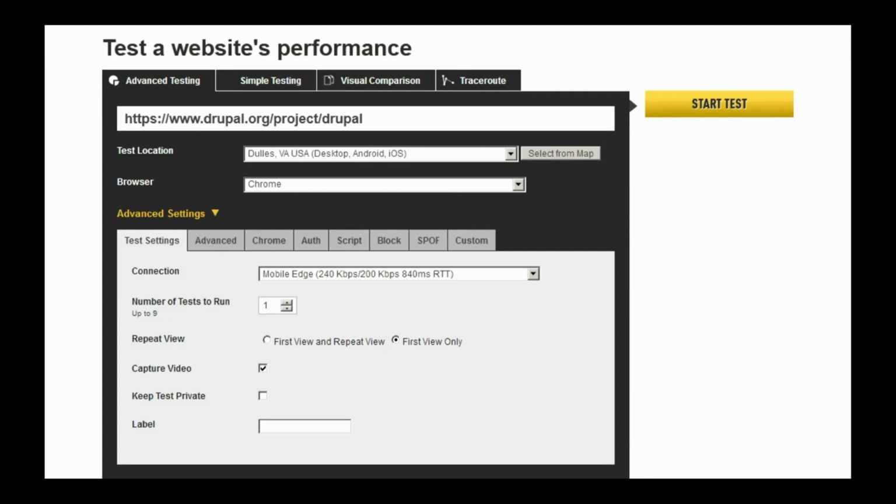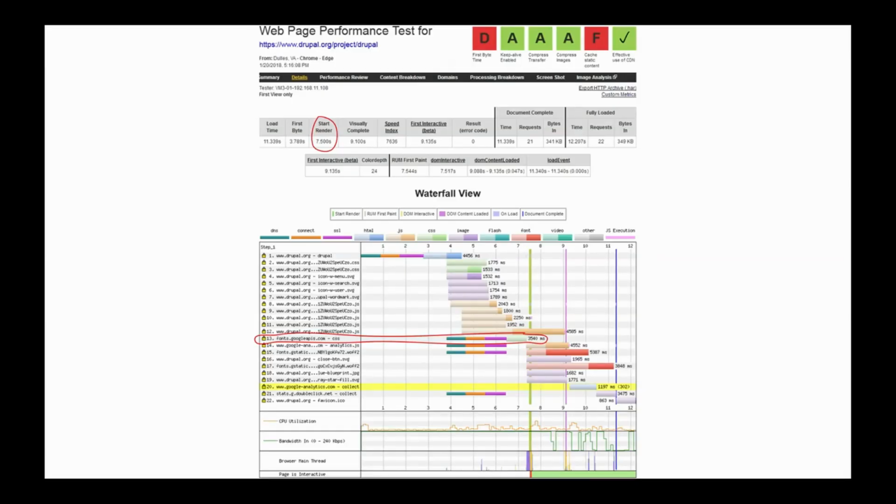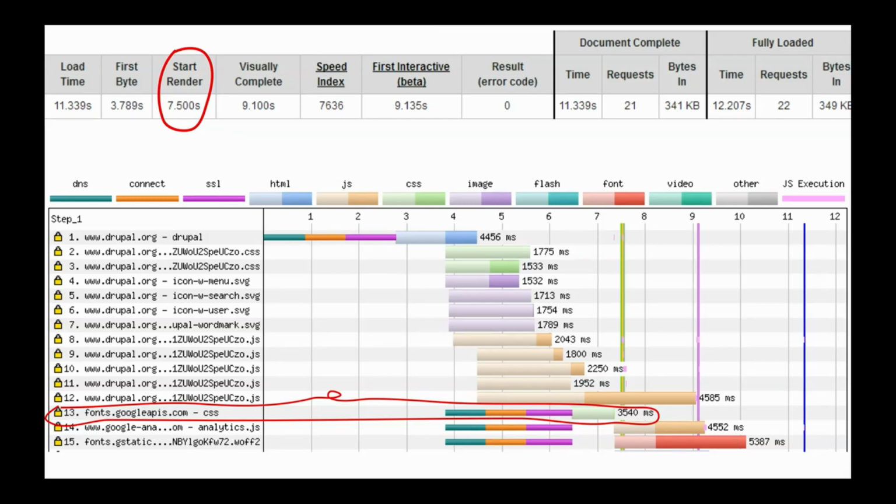So if we use Drupal.org project Drupal, this is the results page that you get. And I'll point out the more interesting things here. You have the start render time of 7.5 seconds. And what that means is nothing gets displayed for 7.5 seconds. And then once that 7.5 seconds hits, then things will start to paint on the page. And because it loads so slow, you can see each resource loading individually. And you can see it loads the CSS, then the JavaScript,